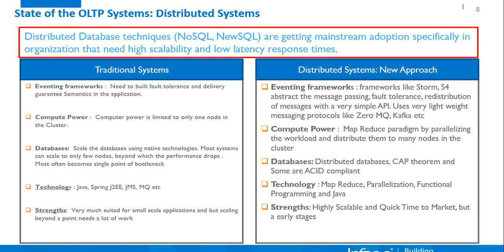Okay, so the OLTP systems. How are they changing with big data? In the olden days, and even in many systems today, people work out of RDBMS and other technologies like Java, J2EE, and all those things. I'm not saying it is bad, but the problem is there is a limit to many of these things. If you really want to benefit from unstructured data,